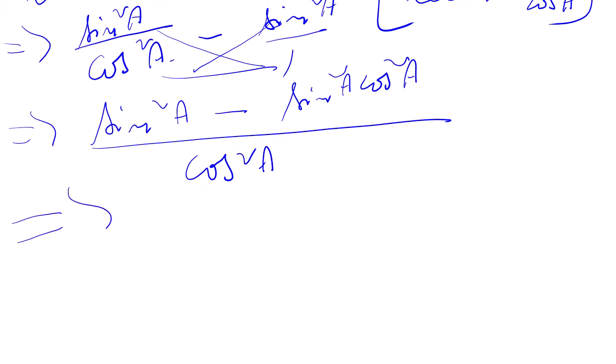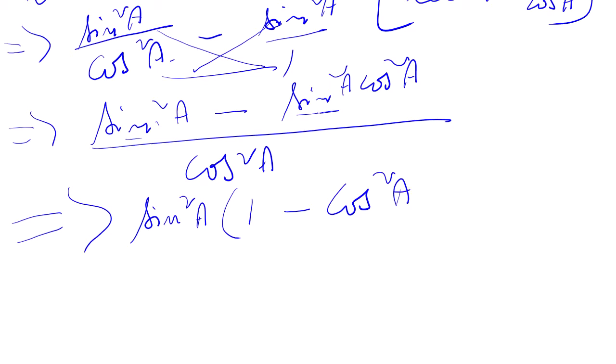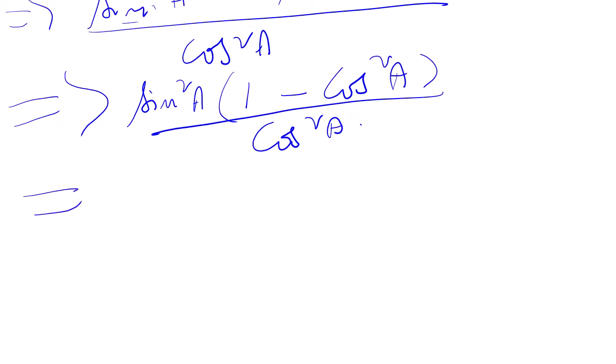So this implies, now you can take out this sine square A common. So if you take out sine square A common, 1 minus cos square A upon cos square A, right? So this implies sine square A upon cos square A is tan square A,